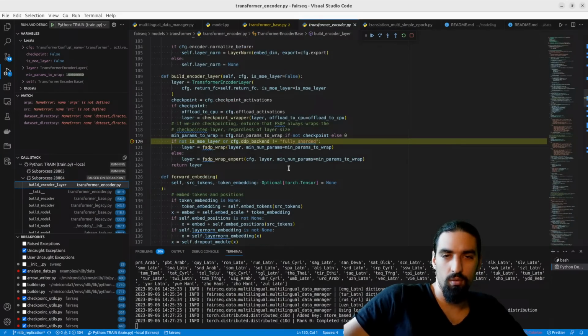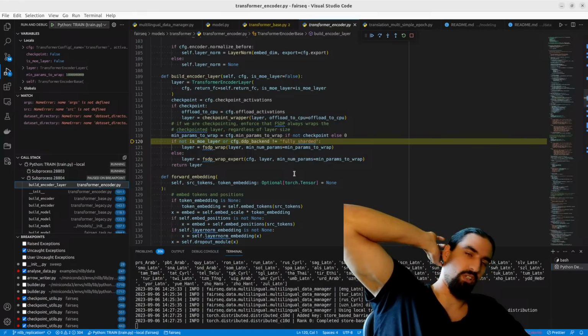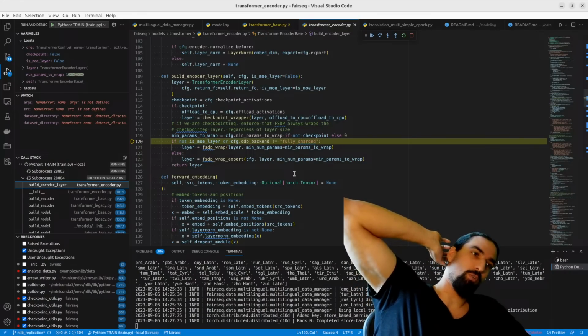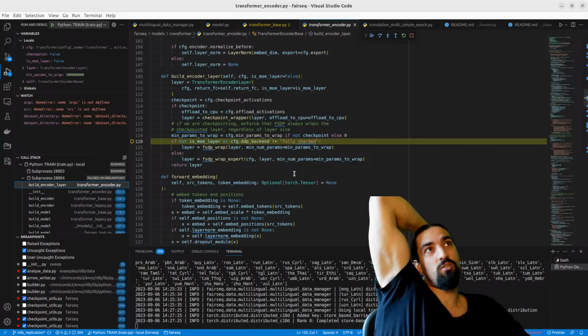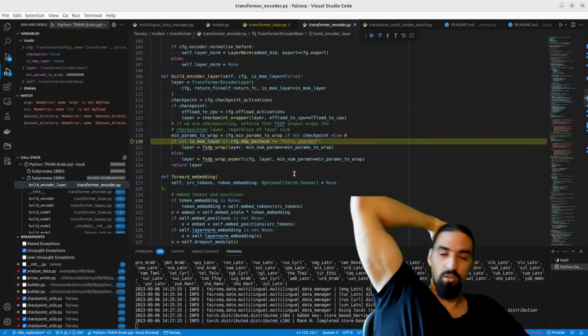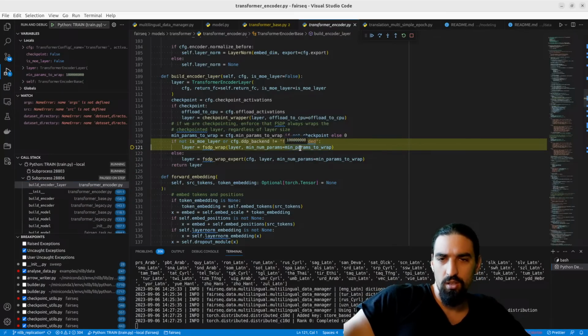Aha. Well, if it's just about a layer, that one will not be wrapped. Aha, so it's probably just some recursive definition, got it. So otherwise, if even the layers were above 100 million, then it would be wrapping those. Otherwise, it's going to wrap only the top level of the model.